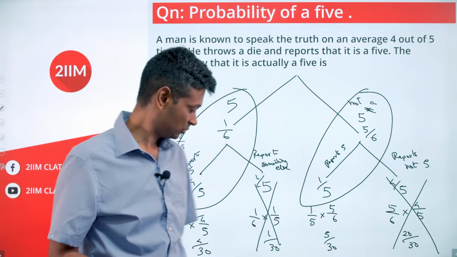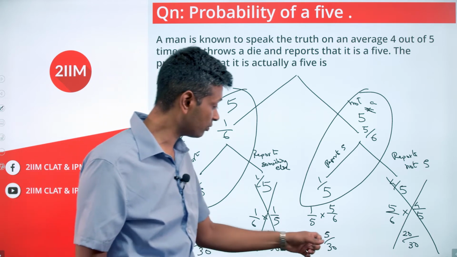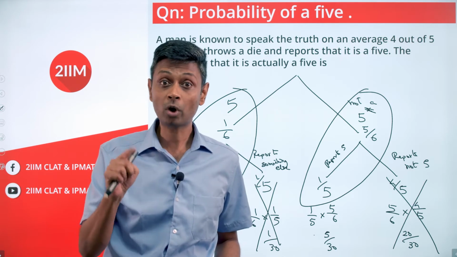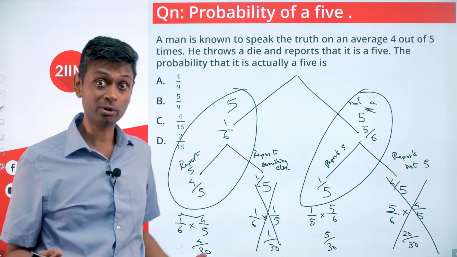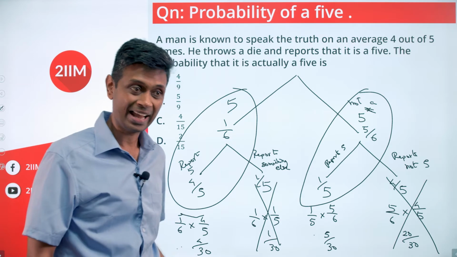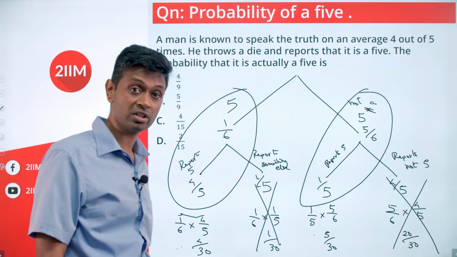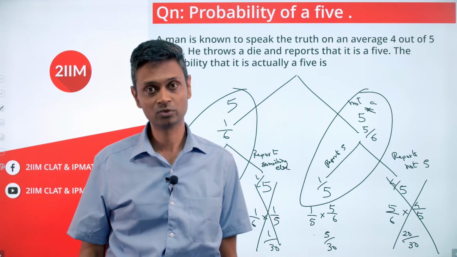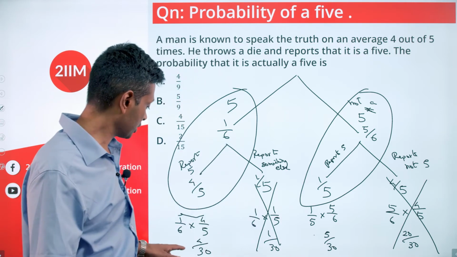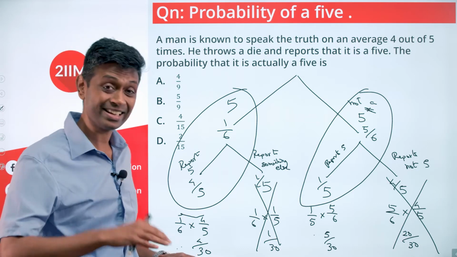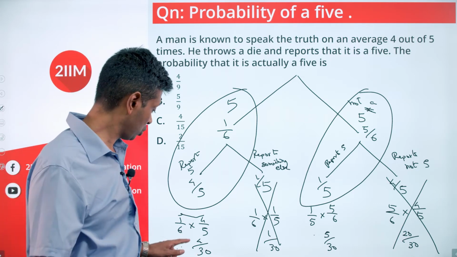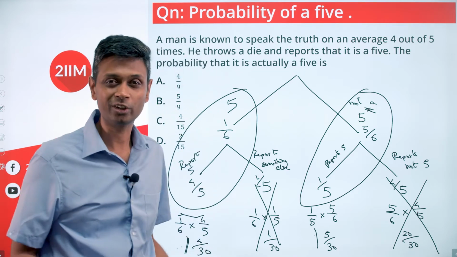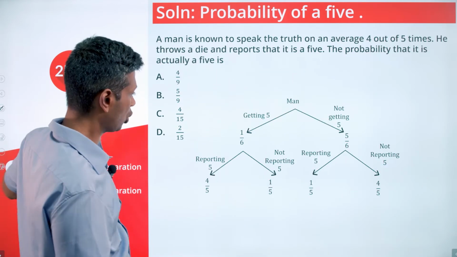Brilliant. So given that you have reached that final point, that is, you have reported that it is a 5, that is, it is either 4 by 30 or 5 by 30. One of these two has happened. What is the probability that you came by this route? Think about it. Just the numbers are very friendly. Either you took this path to reach that, or you took this path to reach that. You finally reached the destination. What is the probability that you took the first path? So the destination has been reached, so your denominator is 4 by 30 plus 5 by 30. Numerator is 4 by 30. You're done.